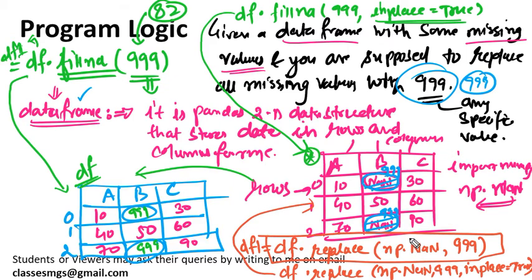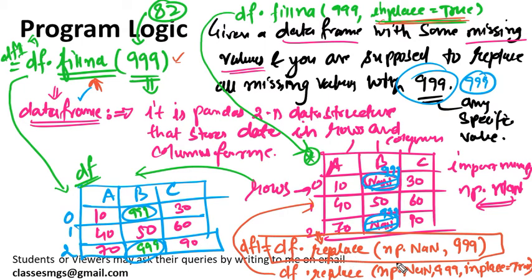Okay, so this is essentially the problem. It is very simple. If you know these two methods, you can solve it very easily. You can use the fillna method and pass the value that you want to replace NaN values with, and if you want to return the replaced values in a separate data frame, then you will not pass the argument inplace equals True. If you pass inplace equals True, then it will change the original data frame itself.